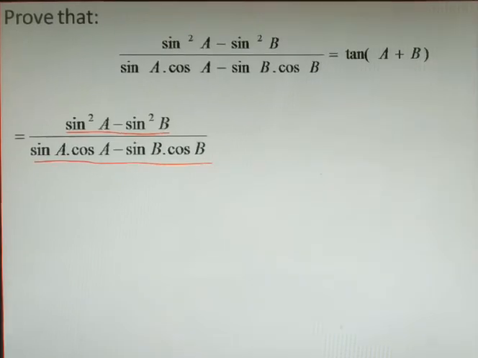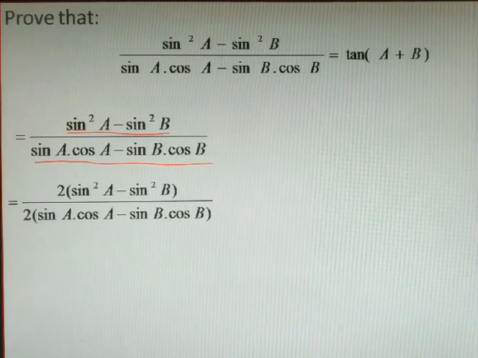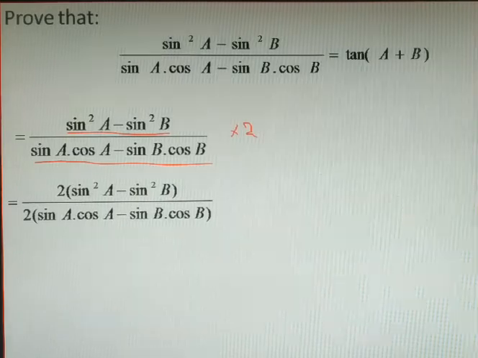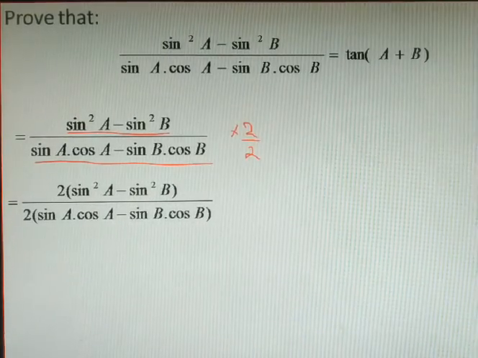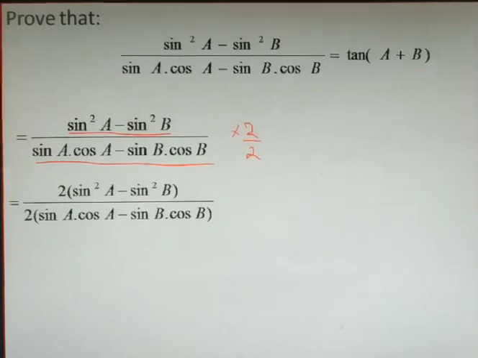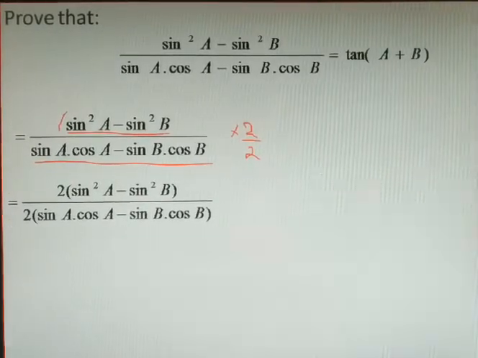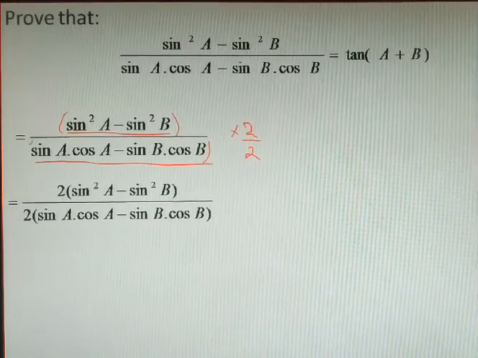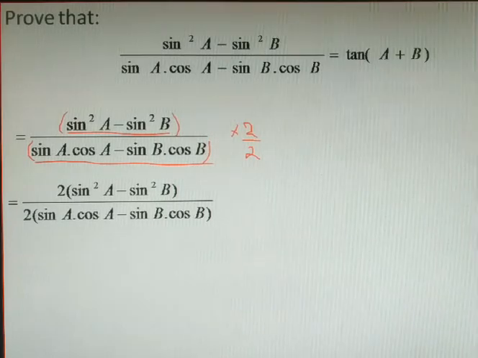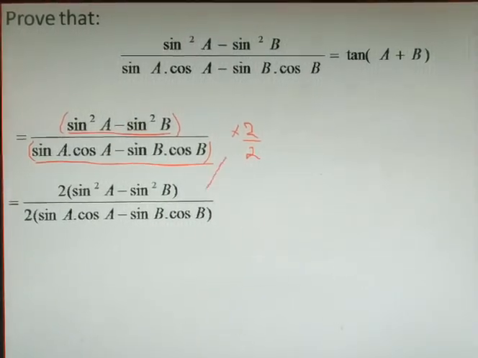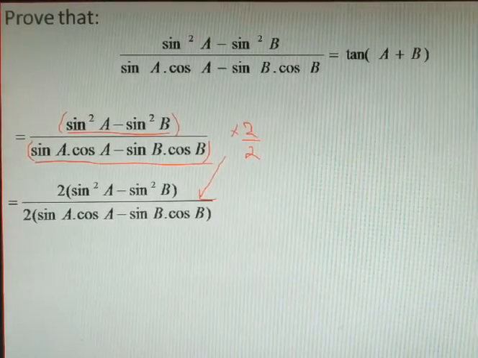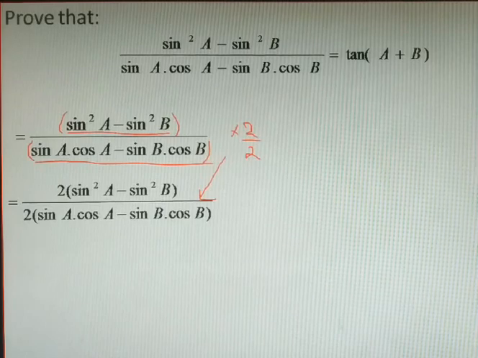So after this step, I will apply a mathematical rule. That is, we will multiply both numerator and denominator by 2. So that means the numerator is also multiplied by 2. Let me keep this in bracket first. If you keep this in bracket and then multiply by 2, in the same way, if we keep all the denominators in bracket and then multiply by 2, we get this one. 2 in numerator and 2 in denominator. So it's simply a mathematical rule.